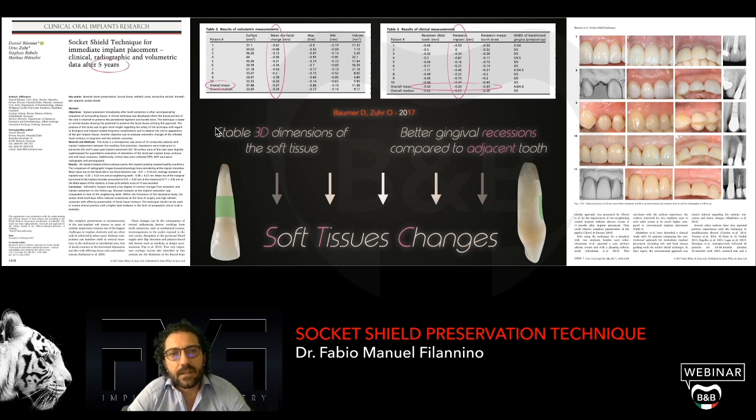And the most important thing of this article is the radiographic and volumetric data after 5 years. They used an intraoral scanner to understand which were the changes of the soft tissues at the level of the crown that they inserted with the immediate implant with the socket shield technique and the adjacent tooth. The most important things are these two